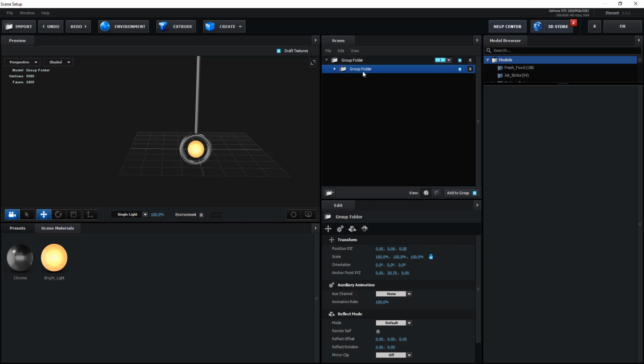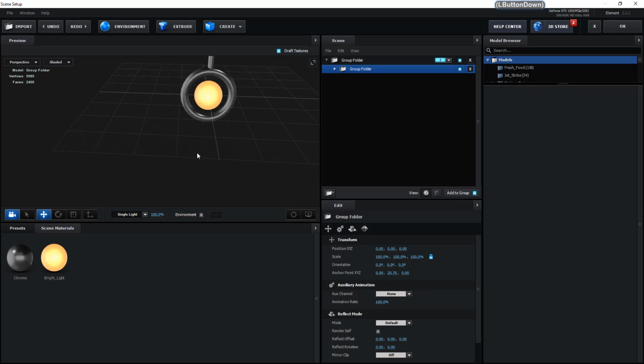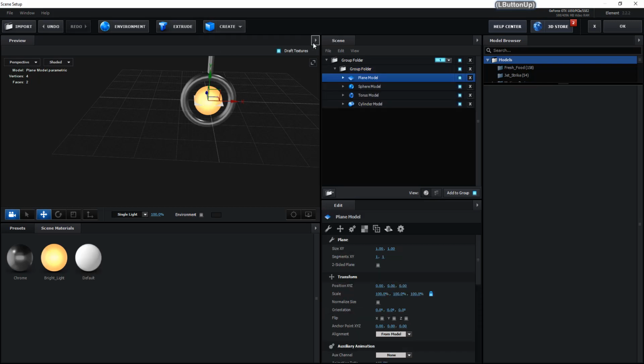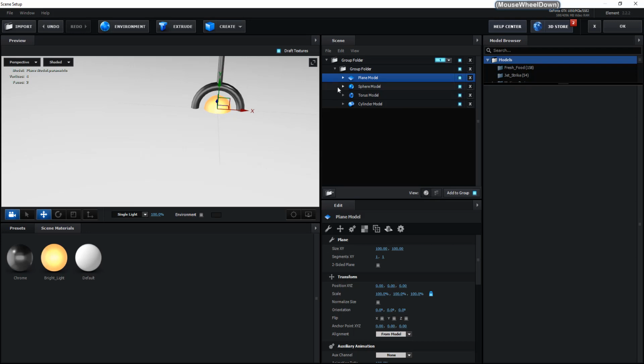So before you do anything, you need to create a plane. Once you got it, you just need to create a floor for getting reflection. So keep the inside subfolder selected, create new plane. Now the plane is in the center of the grid. You need to increase the size, XY size. Make sure you enter the maximum size. It will be 100, I think. Yeah, 100. So we got the floor right now.